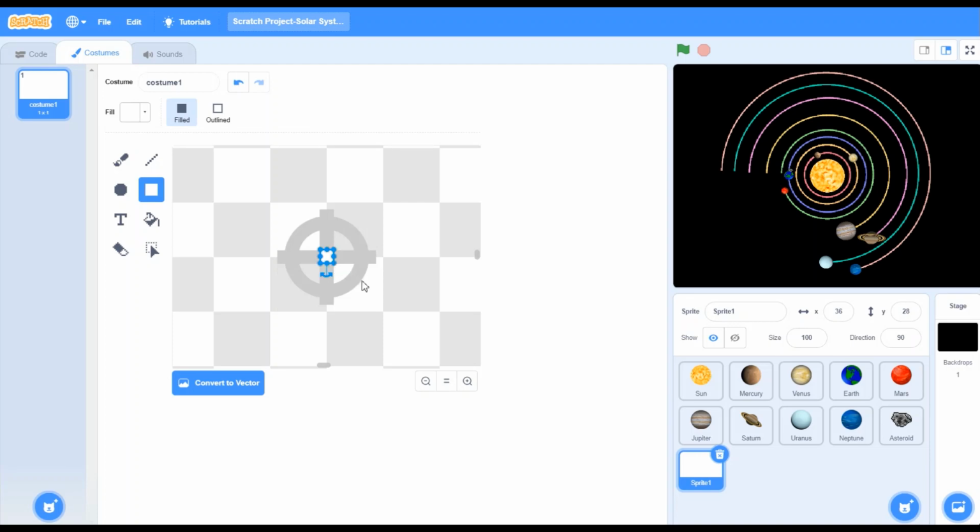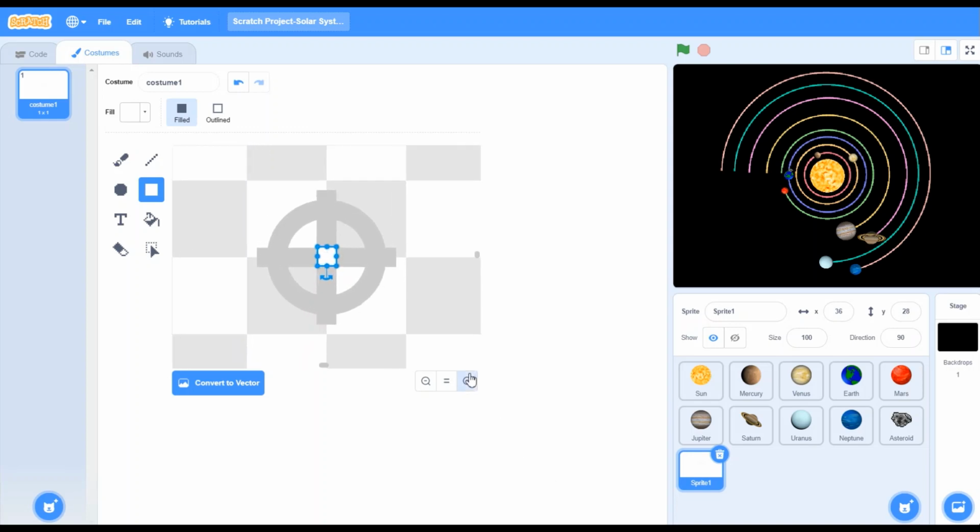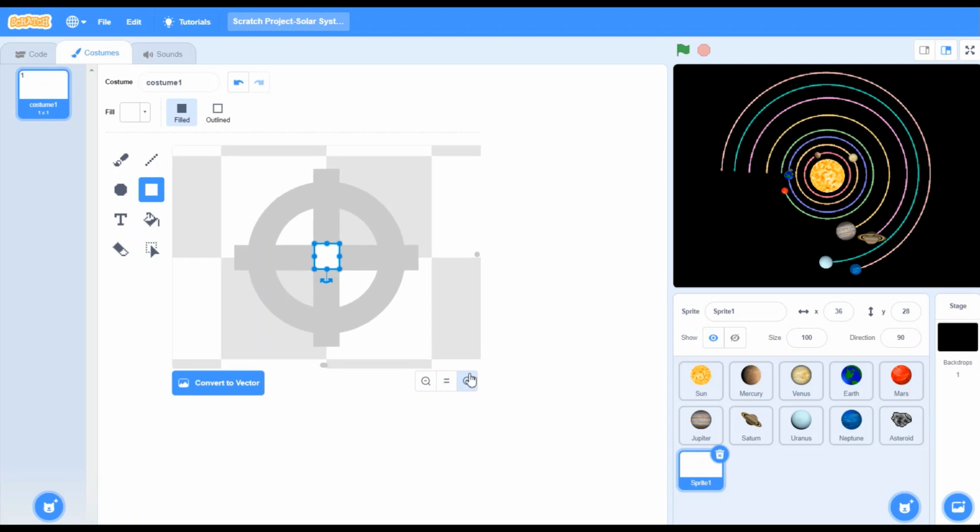Now friends, I will maximize it. Okay. Now friends, here is a square. I will again decrease it. Okay, I think this size is looking perfect.